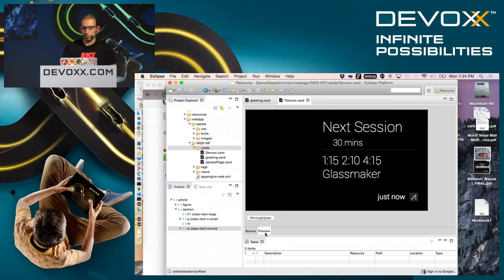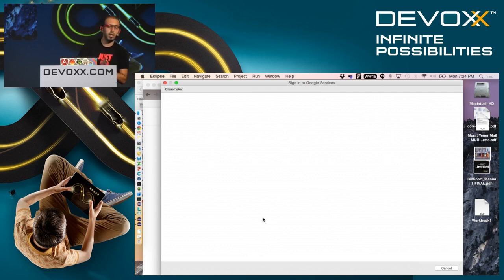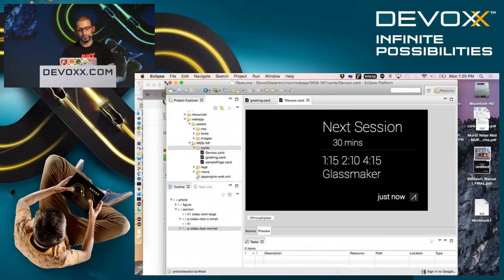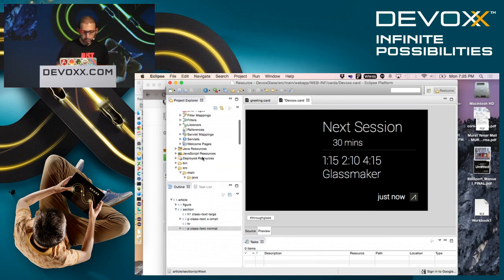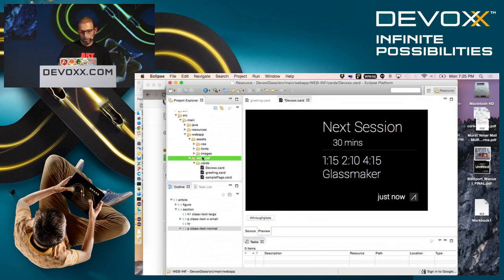Okay, I'm not going to do this session for 3 times, but yeah, it just works, and you can just push it into your Glass by pushing the through Glass button. What it should be doing would be asking you permission to do the OAuth login for this application, and next you'll have the card on your Glass. So I think that's all I can show on the tool right now.